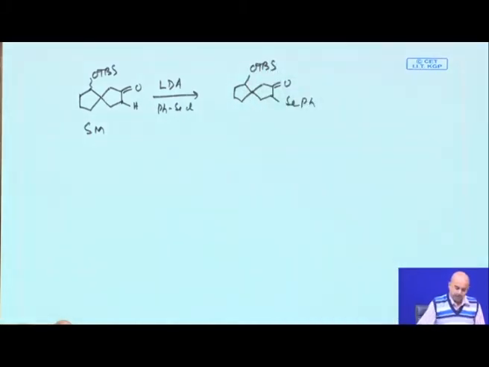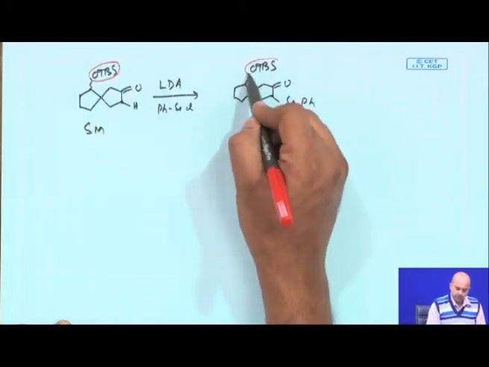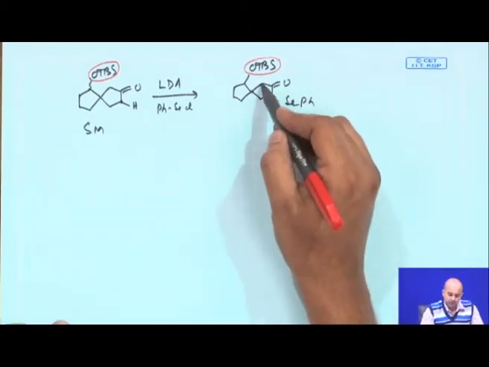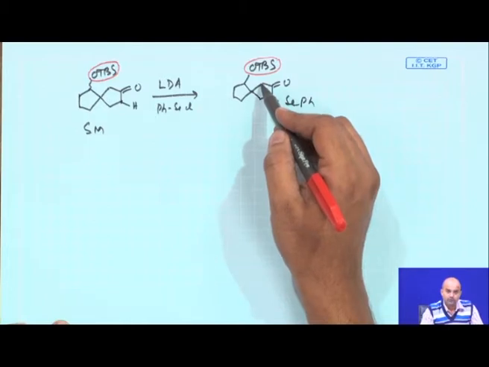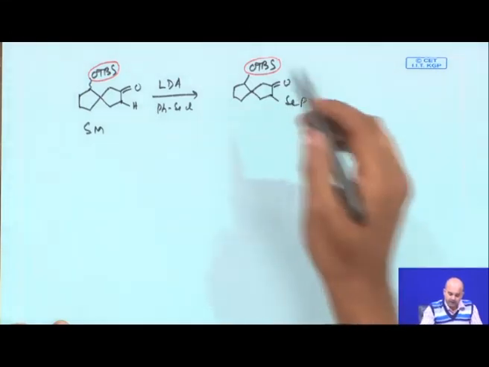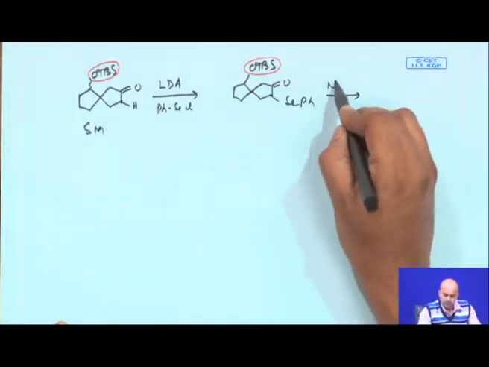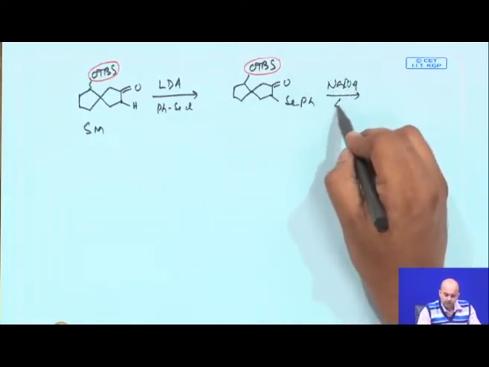The steric bulk of this group dictates whether this hydrogen will be abstracted or this will be abstracted. As this is in close proximity, this hydrogen will not be abstracted by the base, and now as it was already abstracted, you just do the selenoxide syn elimination, sodium periodate and a little bit of heat,